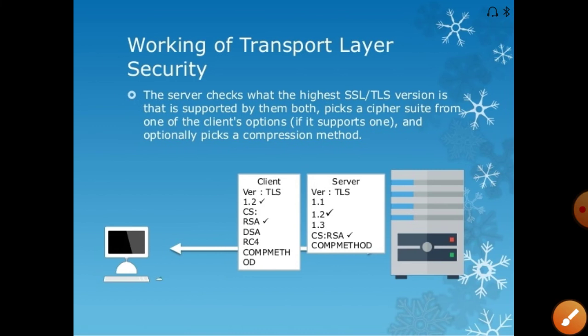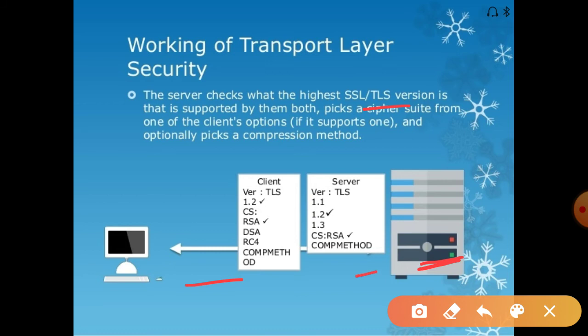Next, the server checks the highest SSL and TLS versions that are supported by both, picks the cipher suite from one of the client's options if it supports one, and optionally picks the compression method. Whatever information the client sends, the server checks whether it is supported by both. This is the second step.